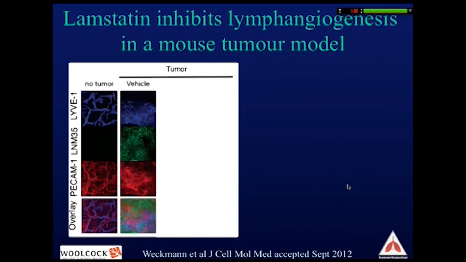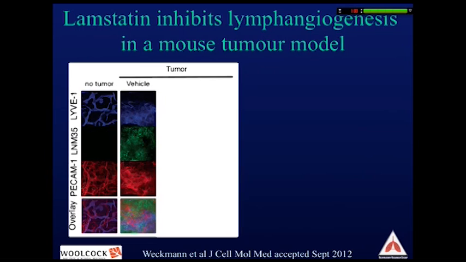We then went into a mouse model which involved putting the Lamstatin in a matrigel plug with some tumour cells, and this was then inserted into the ear of a mouse, and it was left there for 12 days, and after the 12 days the mouse was sacrificed, the matrigel plug was retrieved, and we had a look to see the development of the lymphatic vessels and the angiogenic vessels. So the blue is the lymphatic vessels, the green are the tumour cells to show the tumour development, and the red are the